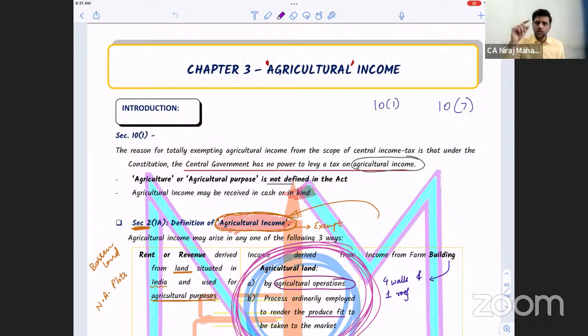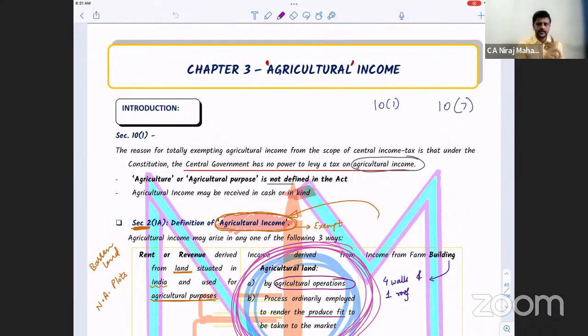Now the important point is where the agricultural land has to be located with respect to the population in the municipality or cantonment board. Which one do we require, bacho, to be exempted? Very near the city or far away from city? It has to be far away from the city. Yes, rural area. Very good. Yes. It has to be in a rural area. Correct. Now it has to be a rural agricultural land to make the income from farm building exempt.